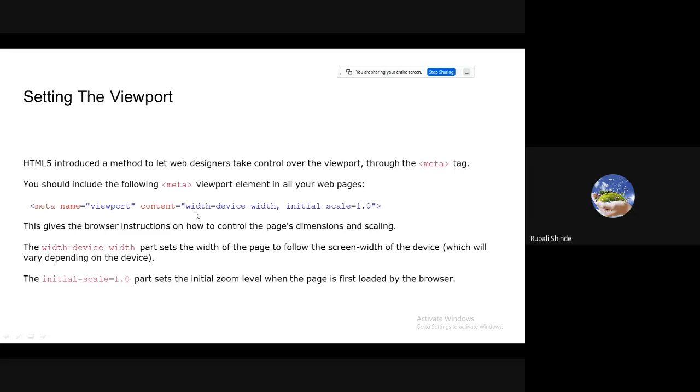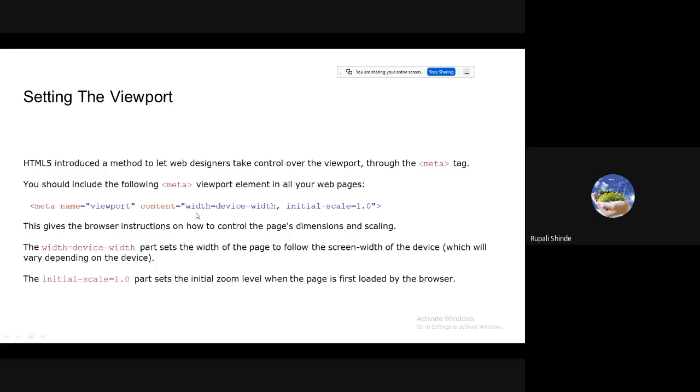So this gives the browser instruction on how to control the page dimensions and scaling with respect to the device.